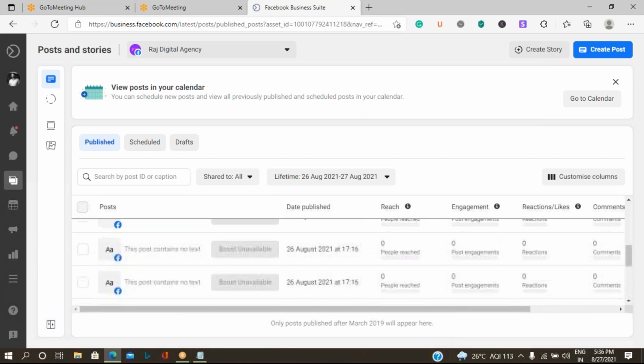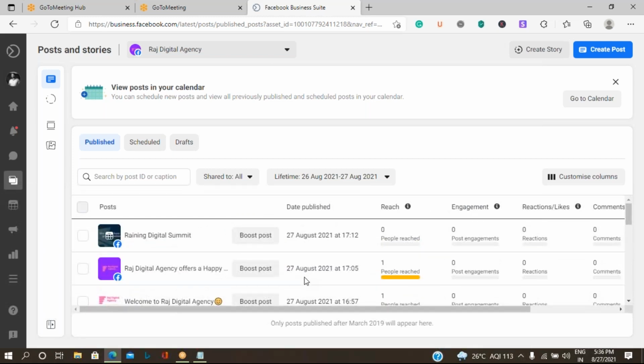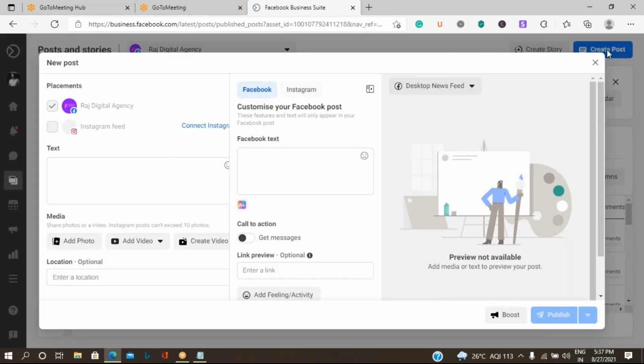Okay, so once you have confirmed what has happened with your previous posts, if you want to create a new post from this screen, click on create post on the top right hand side. Here they have made some basic changes compared to the previous screen.